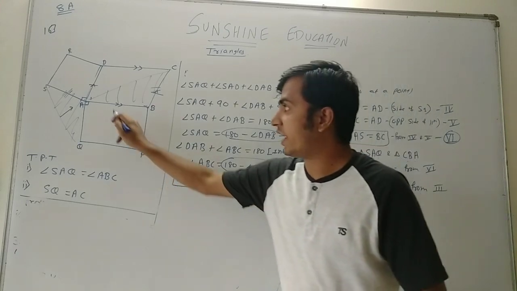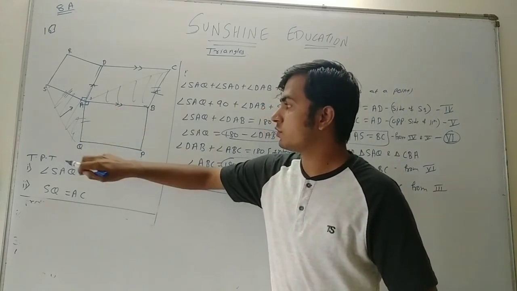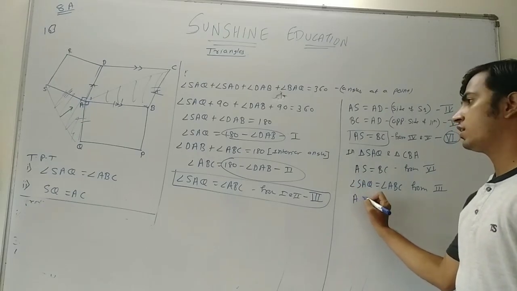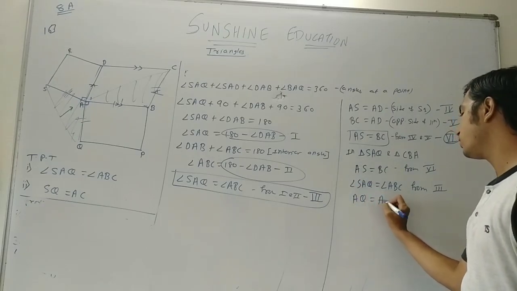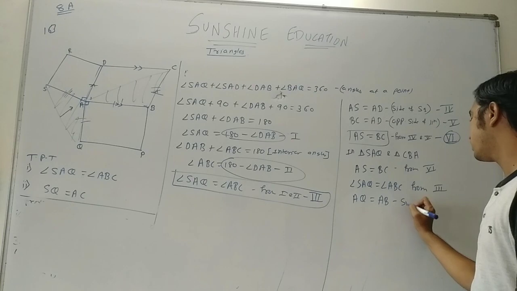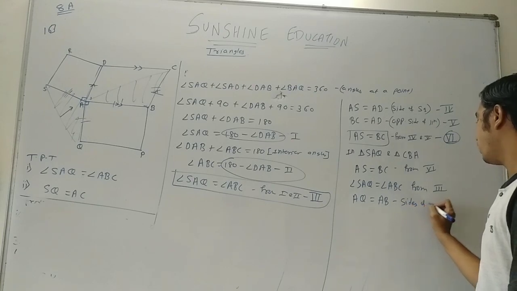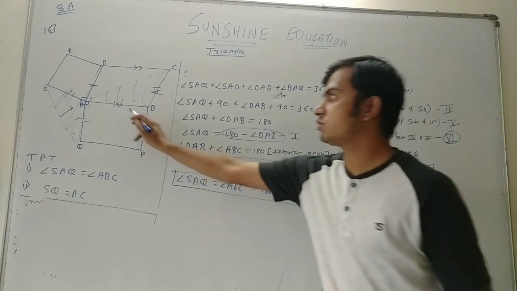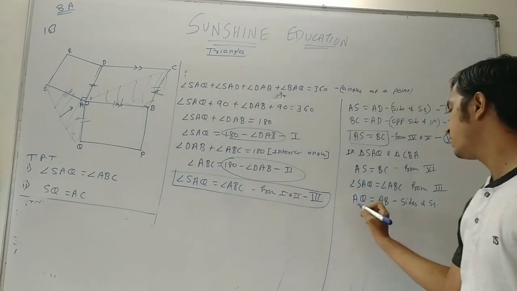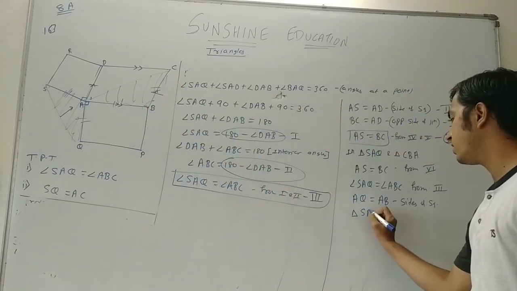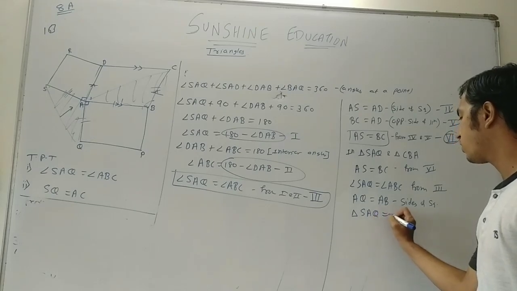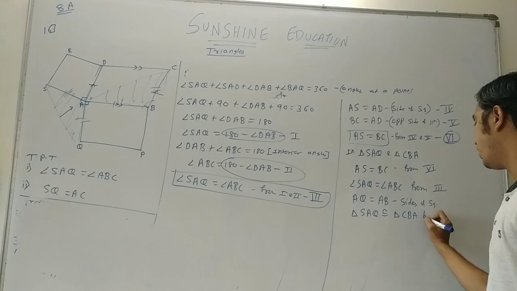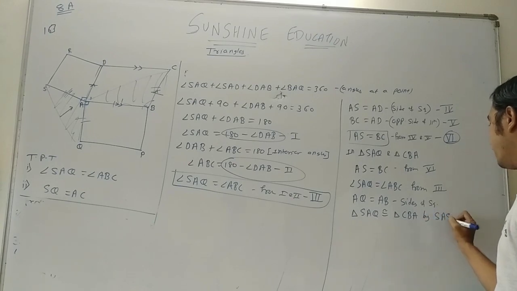And we know that AQ is equal to AB, sides of square. So if you observe it properly, we have side, we have angle, we have side. Therefore, triangle SAQ is congruent to triangle CBA by side angle side